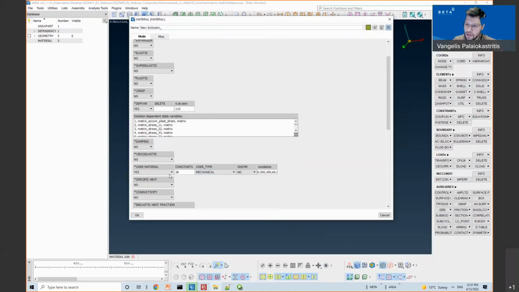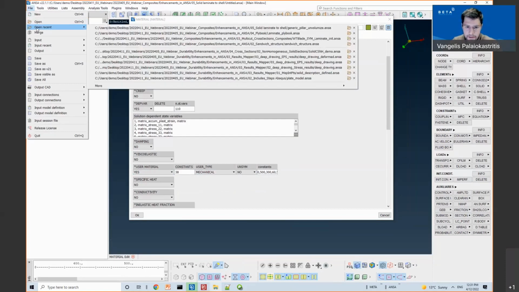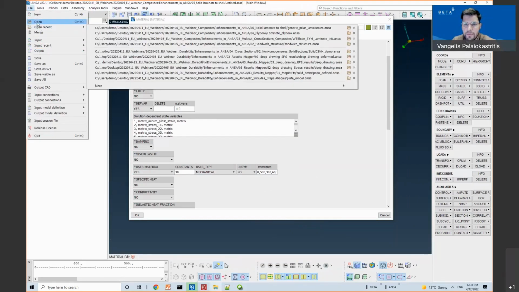And during output, the Abaqus environment file will also be created, and it will have the path to the installation folder where our subroutines are located. So let's see an example.